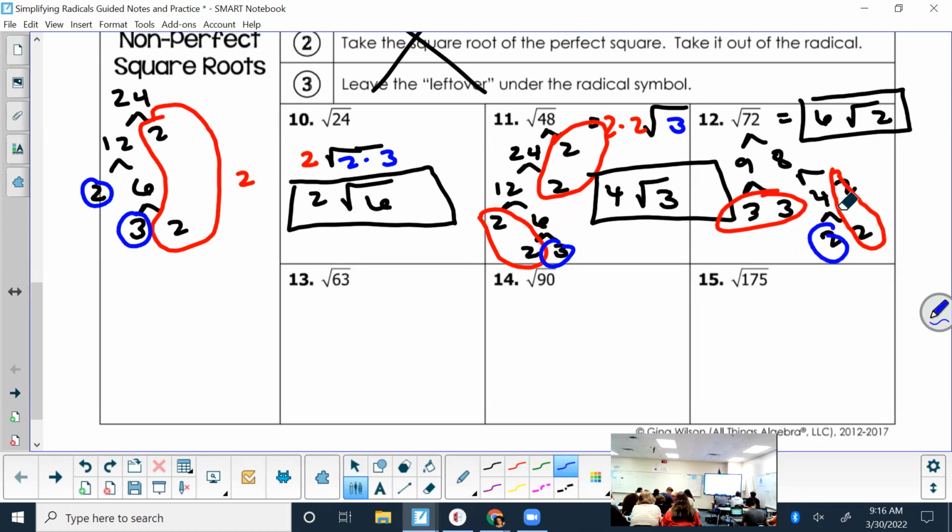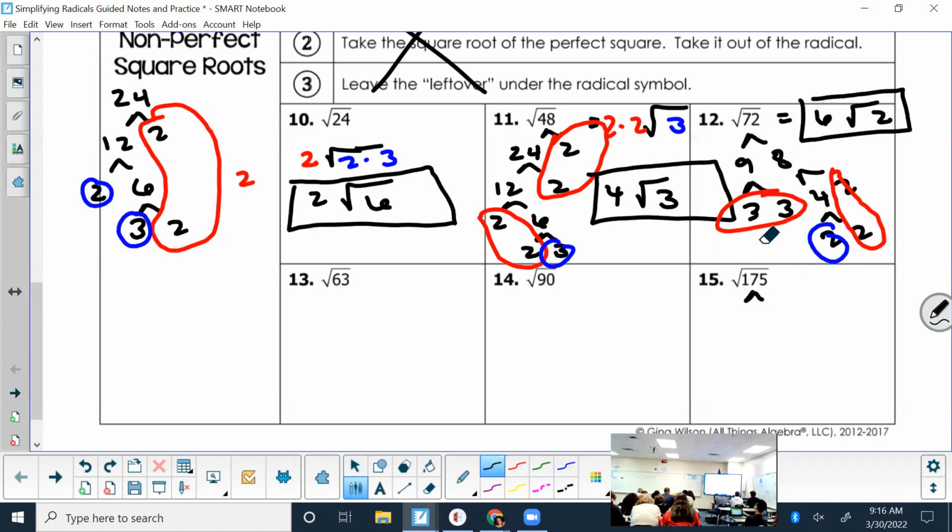All right, if you have pairs, great, you get to escape the radical. Write it once for each pair. 2 times 3 is 6. Any leftovers go inside the radical. Good? Now 175, it might be hard to find numbers that multiply to 175, but I would probably just think of